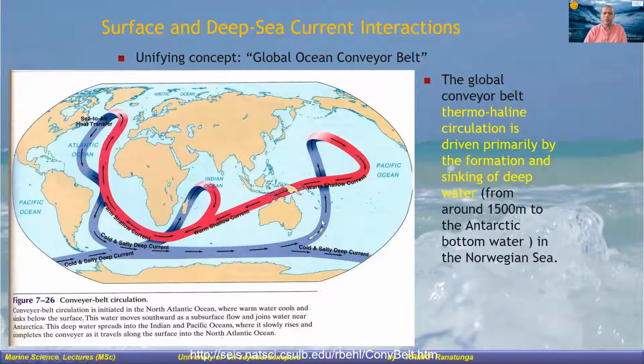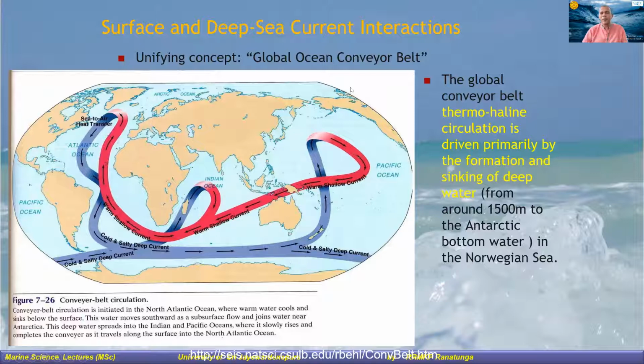The cold water is always moving along the bottom, and the surface waters carry warm water. They sink in the subpolar region, somewhere between the subpolar and polar region, like near Norway, and go as deep water currents, but they come back to the surface again, like in the Indian Ocean, where we especially see the Agulhas current.